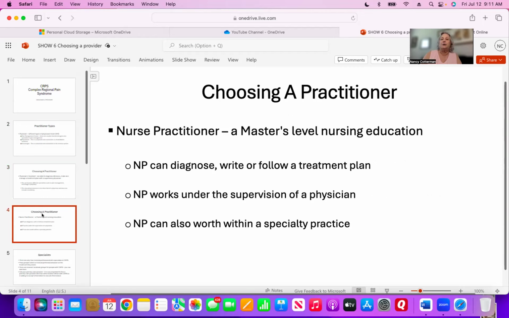Nurse practitioner. This is a master's level nursing education. An NP can also diagnose, write, or follow a treatment plan. The NP works under the supervision of a physician and can also work within